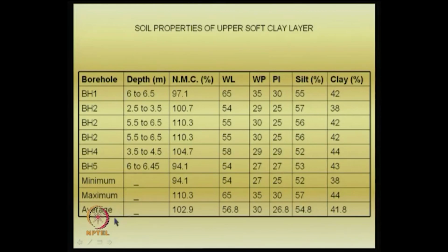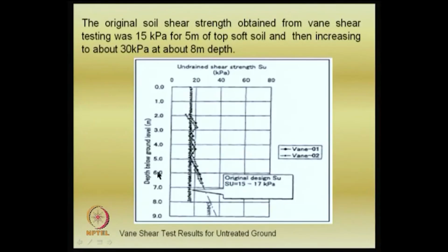There are some number of boreholes. You can see the water content is 97 and 100%, it is very high, right. Average is, now it is very liquid actually, right. Liquid limit is about 56, natural water content is more than the liquid limit, you can see that. Plastic limit is there, okay, plastic index is okay, silt is there, clay content is there, which means that it is a very tricky material, when you have all the boreholes up to 7 meters they say,